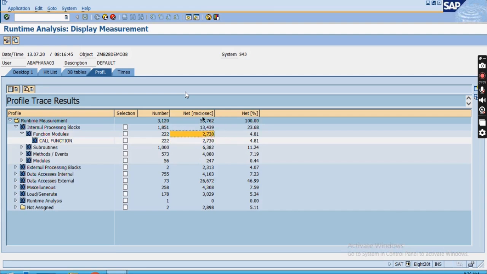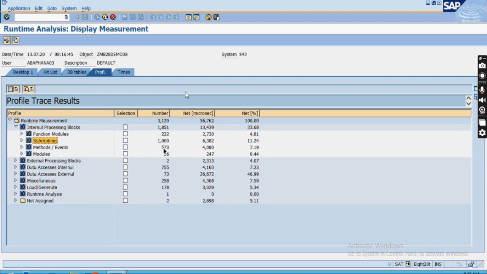Generally you will get everything in microseconds in all the transactions, whether it is ST05, SAT, or ST12. Remember, microseconds. If you want to convert into seconds, you will have to divide by 60 on 1. Okay, fine. So here you can see that 2730 is the total microseconds to process the total function modules. Similarly, all the subroutines, how much time is taking to get processed, that is here